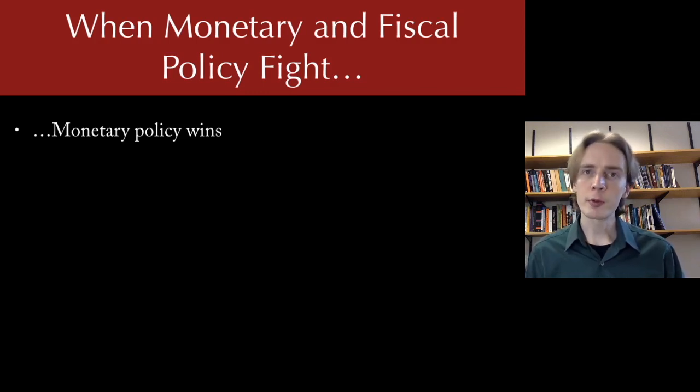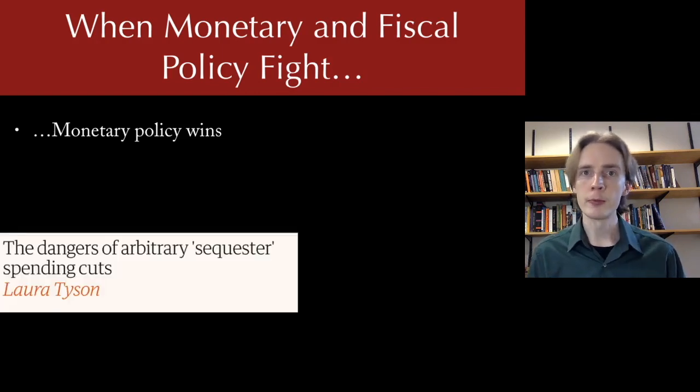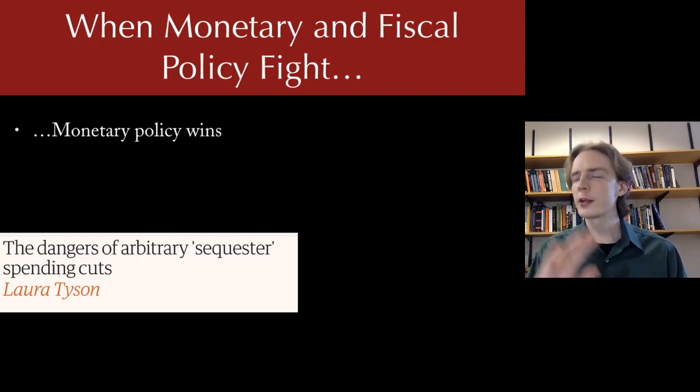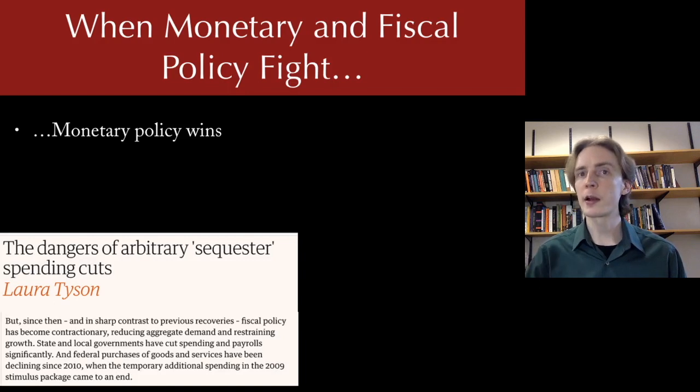So let me give an example from 2013. In 2013, if any of you remember, the government shutdown was the big thing in the news. We're just coming out of this recession, and if the government shuts down, there's going to be a lot of government spending that doesn't get spent, and this is going to be essentially contractionary fiscal policy. This is going to reduce the volume of spending. If G falls, then this is going to plunge us back into another recession. Now,